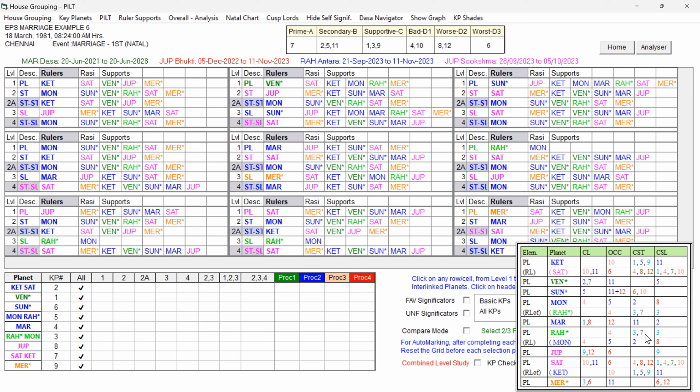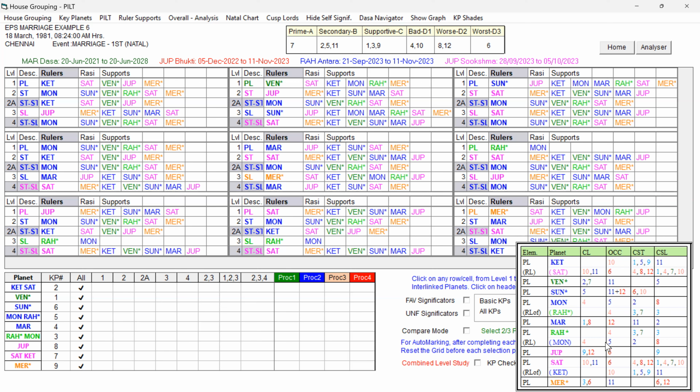So we have selected the colors, and you can see if you look at all the planet self-significations, Mercury is the light red one because it has got 3rd lord, 6th lord occupying 11th house. 3 and 11 are good, but 6 and 12 cuspal sublord is bad. So, in order to differentiate from the other mixed key planets, being the 6th lord and also 6 and 12 cuspal sublord, it is given light red. So, all other planets are having both favorable and moderate key planets. Now, let us examine the